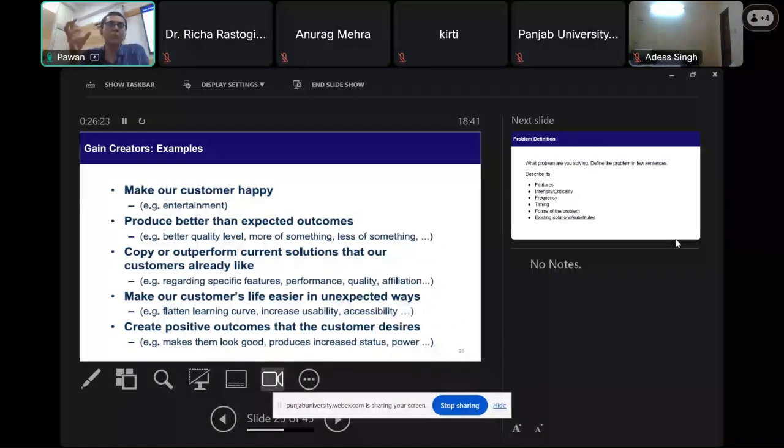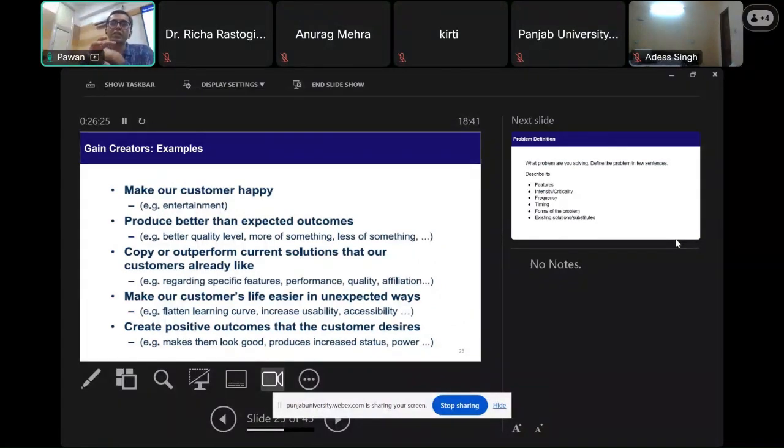Maybe cost also falls under this. Maybe I'm giving you the same service but at a lower price, 20% lower than Reliance Jio. Now, when it came to market, what was the selling proposition? Cost, right? It was cheaper than other phones. So it is the same service you could call from your phone, but it costs you less than what Airtel would cost you.